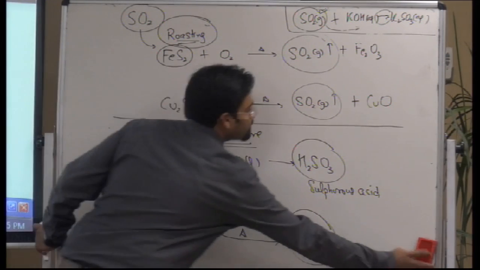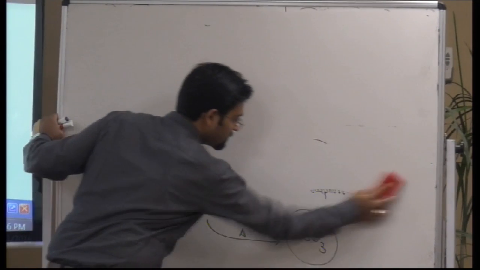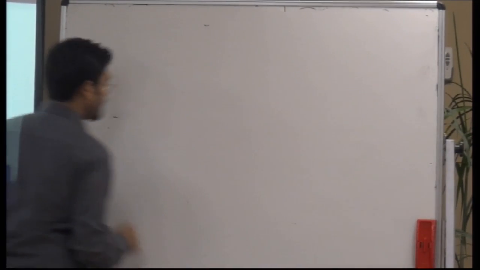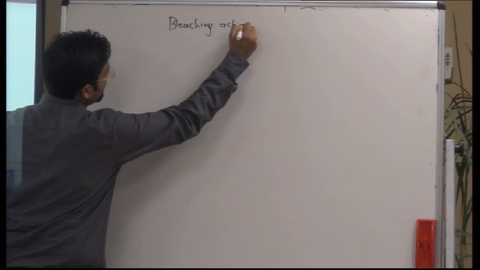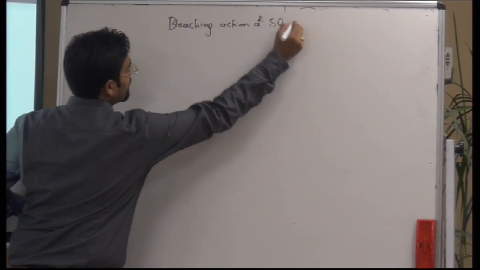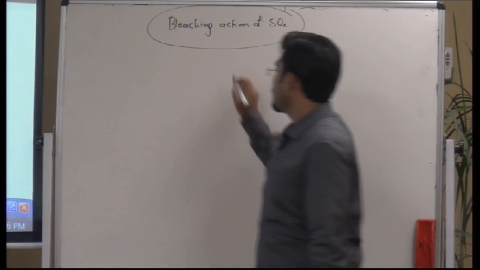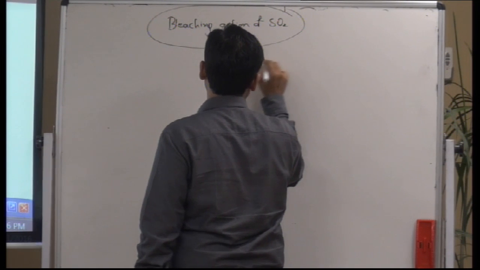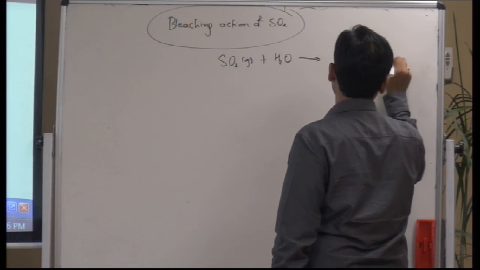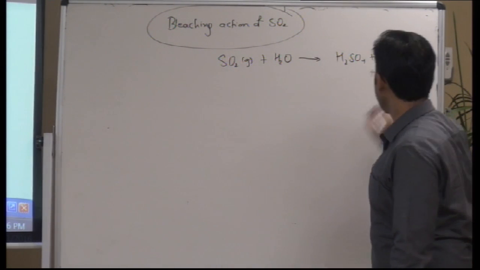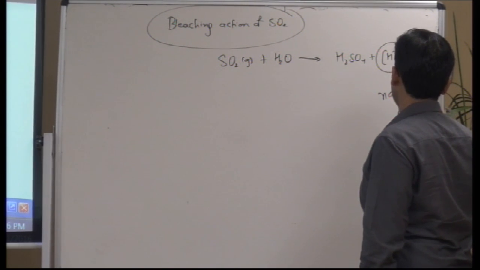Should I erase it? Another important property of SO2 is its bleaching action. So SO2 on reaction with water can produce some quantity of H2SO4 and nascent hydrogen. So because of this nascent hydrogen, it can function as a